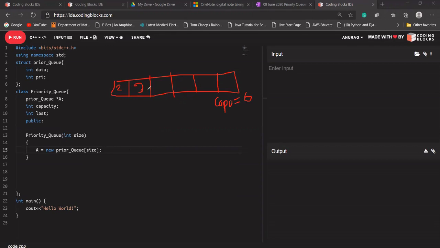What will our last be pointing to? It will just have the index after the last element. This is index 0, this is index 1, so last will be pointing to index 2. Last will have the value 2. Last is not a pointer. Okay, you got it. That's good.